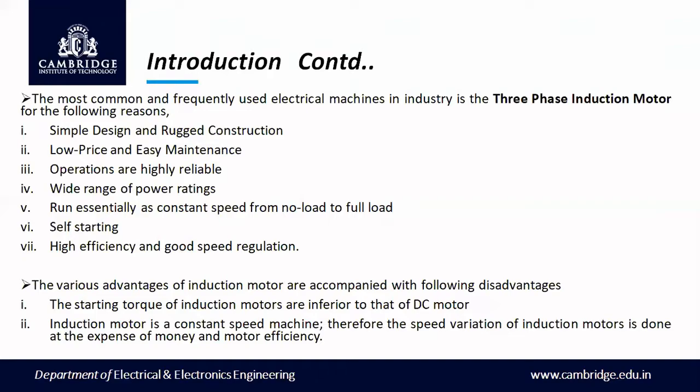And we always have to keep in mind, when we talk about motors or generators, that a motor or generator is specified by its power ratings. These power ratings are nothing but the power which is consumed, usually in watts or in hp, that is horsepower. And the next point is that it runs essentially at constant speed from no load to full load. Whatever the load, either no load applied or a full load, the maximum value of load applied, it essentially runs at a constant speed, so it is a constant speed motor, and it is self starting.